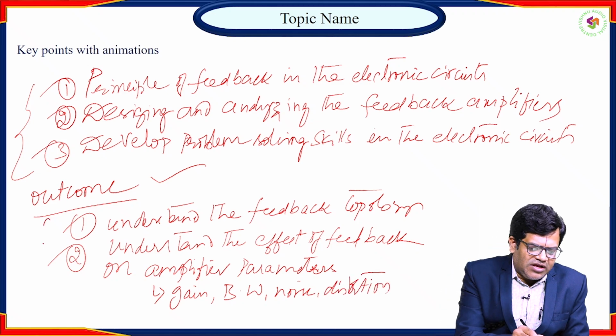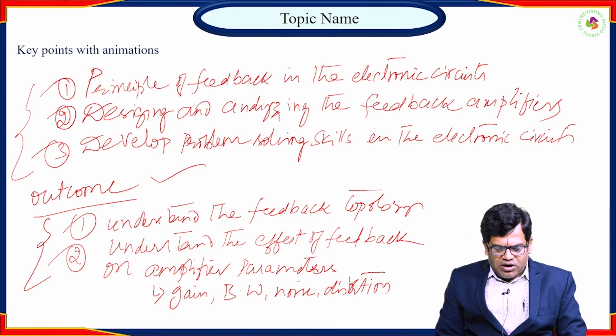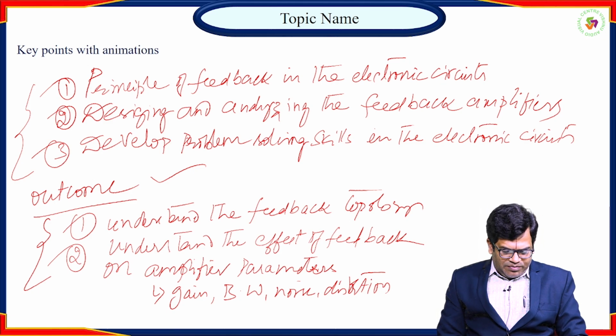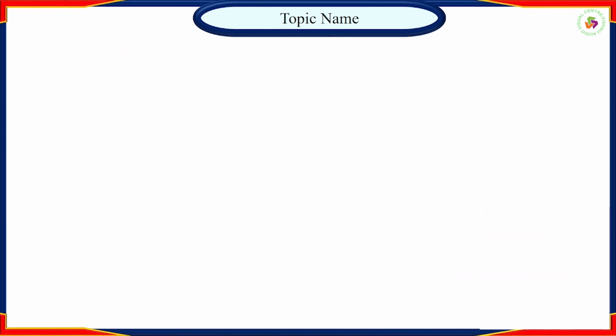So this is the outcome that can be expected once you learn this particular concept of the feedback amplifiers. Now let us consider the generalized feedback amplifier network. So this is the basic amplifier. So if the output of the amplifier is fed back to the input through this feedback network,